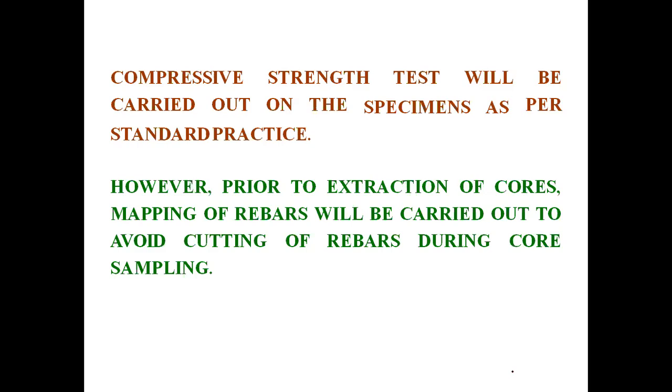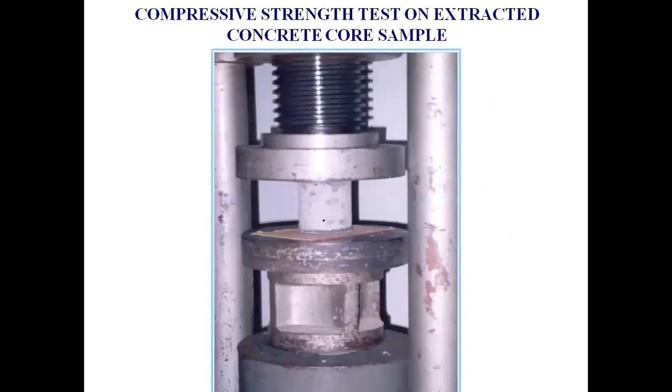If the core sample diameter you are getting is only around 50 to 60 mm, no issue, you can take that sample. Why? Because the compression strength of concrete is always assessed based on its cross-sectional area, isn't it? Load divided by cross-sectional area will define its compression strength. That's how you have to locate the rebar, making use of this cover meter test. That is very, very important. And finally, the core cut sample is going to be tested with the help of the CTM, the compression testing machine.